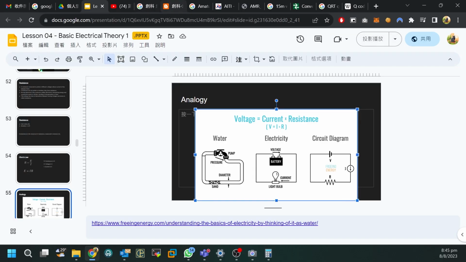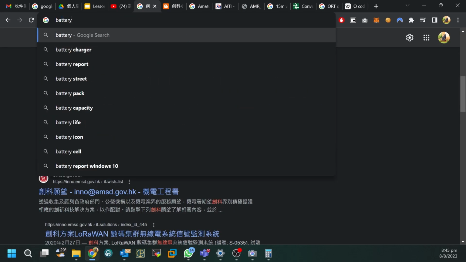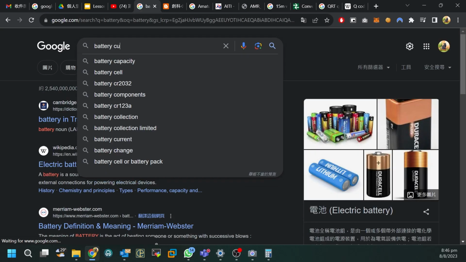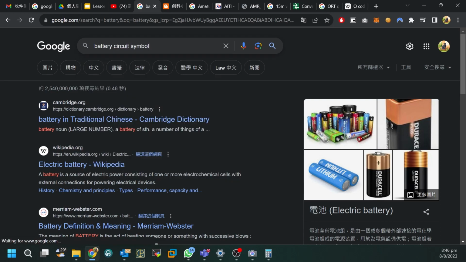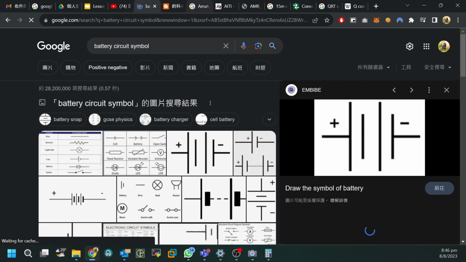I will change this slide. If you say that the arrow is the direction of electron flow, that is correct. Yeah, then think of a direct circuit. Simple. Yes, the shorter side is